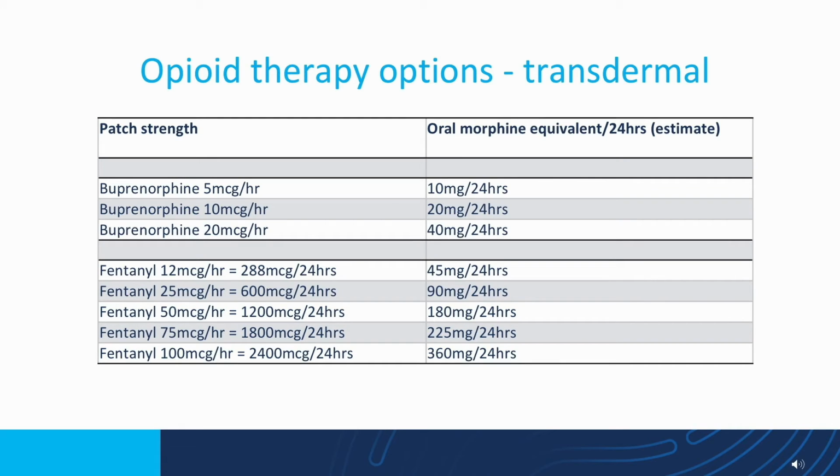Fentanyl, personally, from a chemical perspective, shouldn't be used in chronic non-cancer pain. I think the PBS is going to reclassify fentanyl only for cancer pain, but really I'm just showing you a dose conversion. A 12 microgram patch of fentanyl is equivalent to 45 milligrams of oral morphine per day. You're already over the 40 milligrams of OMED equivalent per day, so you're already in the moderate dose therapy range. That's just with the lowest dose of fentanyl. 100 micrograms of fentanyl is equivalent to 360 milligrams of morphine per day.